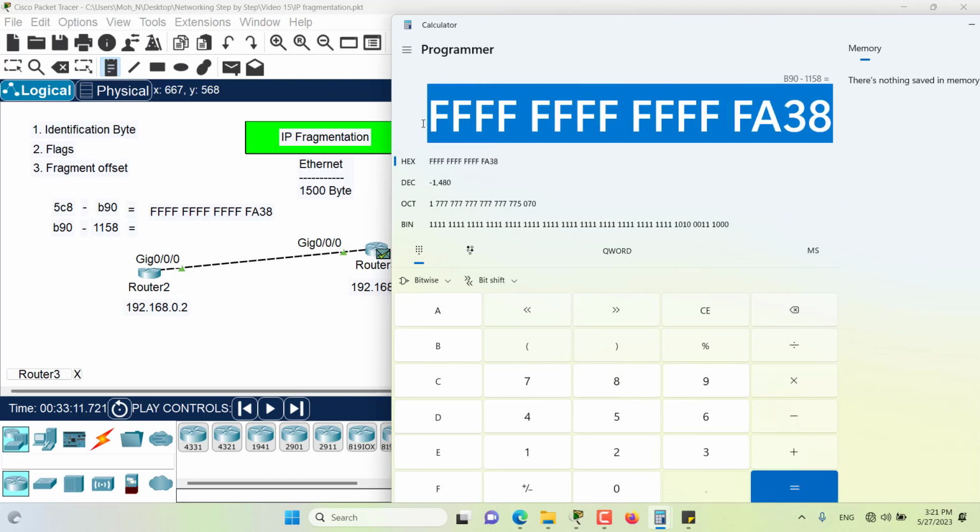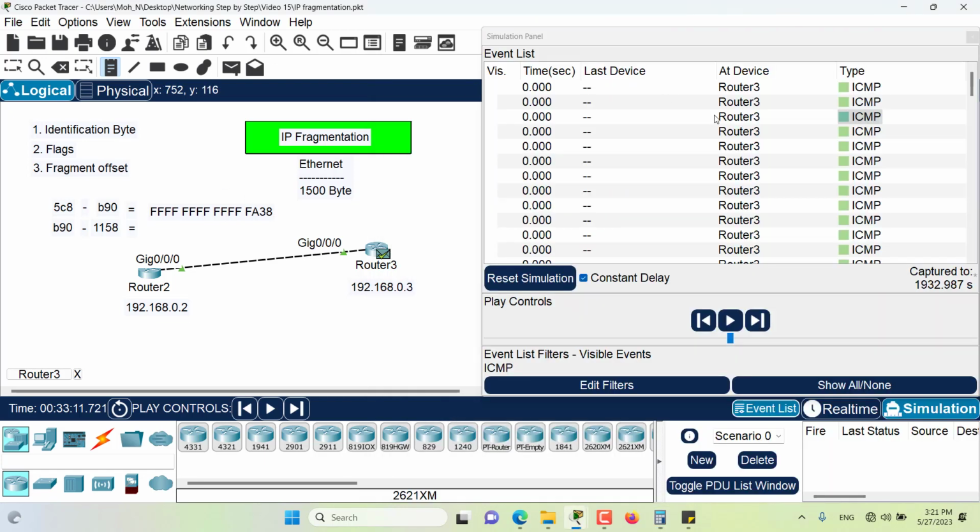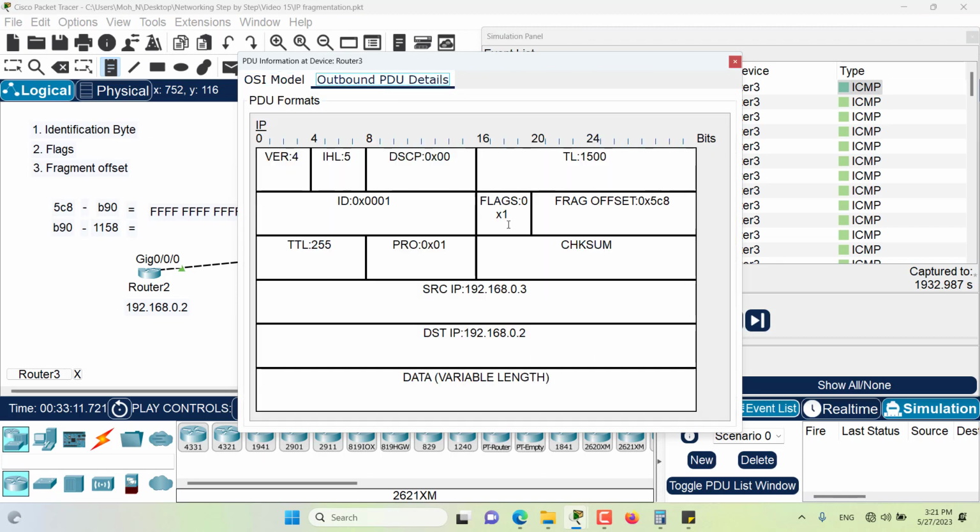I get the same value once again. And that's how it works. The offset, the fragment offset, is like a sequence number that allows the other side to reassemble